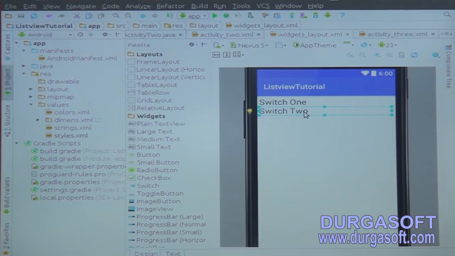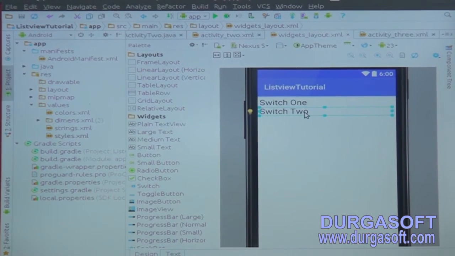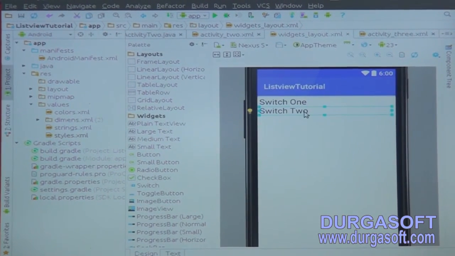So relative layout doesn't have any kind of vertical orientation or horizontal orientation. The horizontal or vertical orientation is only for the linear layouts. You don't have any kind of orientation for relative layouts. So along with the